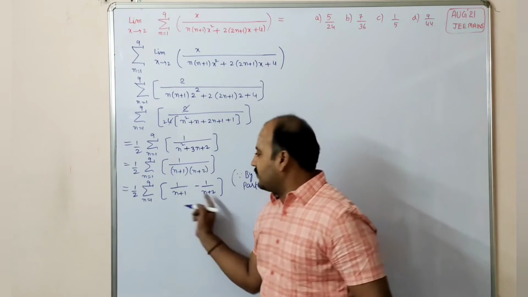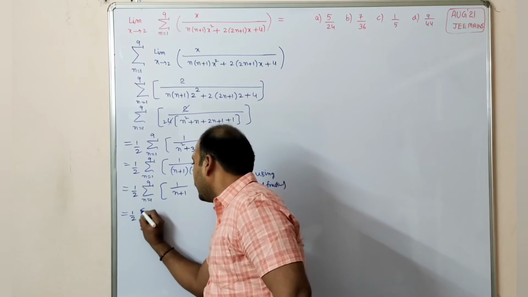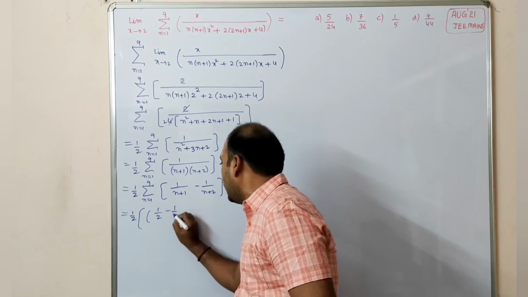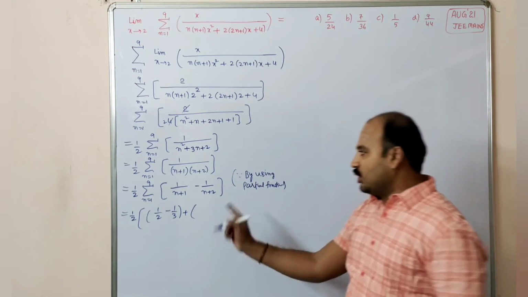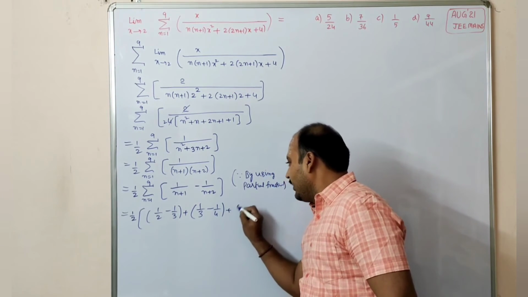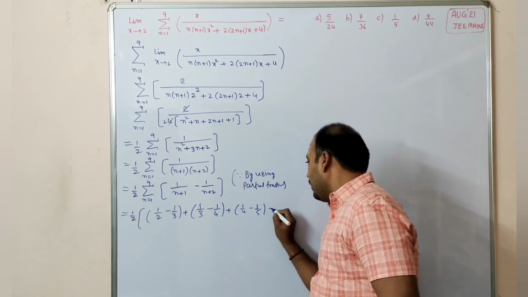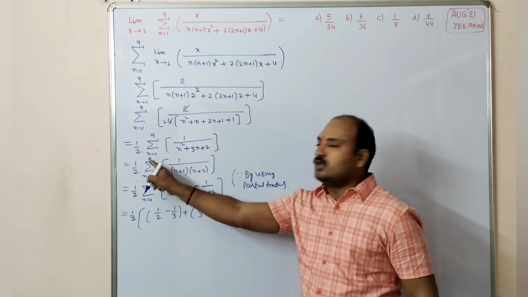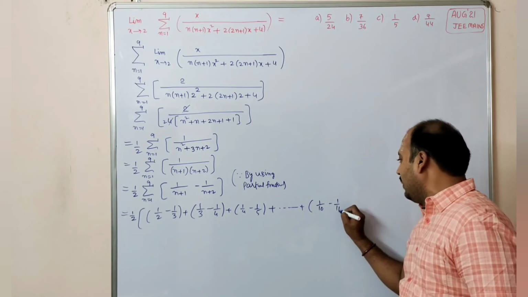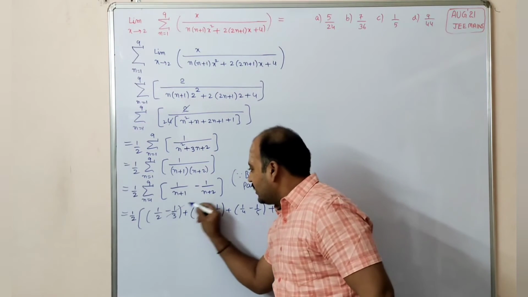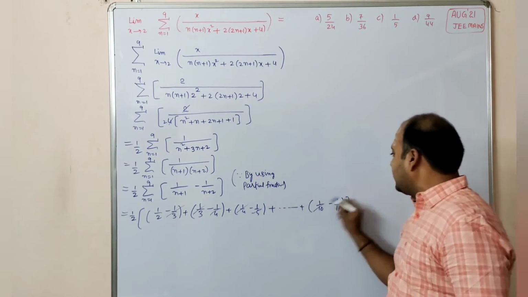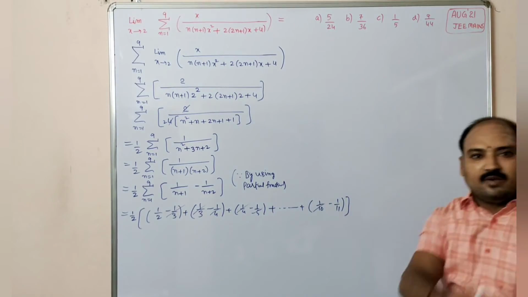So n is equal to 1, substitute: 1 by 2, keep bracket. N is equal to first 1, substitute. So it becomes 1 by 2 minus 1 by 3, plus n is equal to 2, substitute: 1 by 3 minus 1 by 4. Next 1 by 4 minus 1 by 5 plus and so on. At last n is equal to 9, substitute. You will get 1 by 9 plus 1, 10, minus 1 by 9 plus 2, 11. So like this, minus 1 by 3 plus 1 by 3, minus 1 by 4 plus 1 by 4. Like this, if we cancel all the terms, except 1 by 2 and minus 1 by 11 will be available.